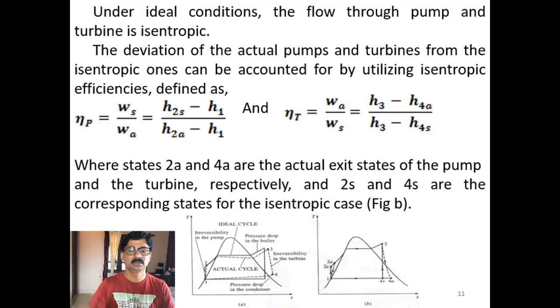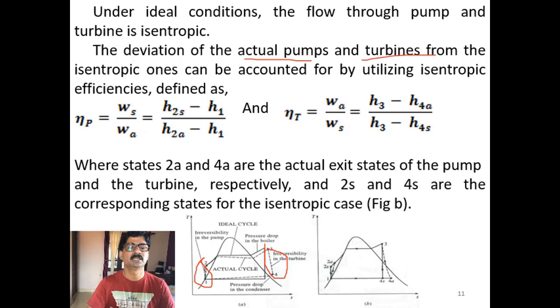Now also the irreversibilities in the turbine and the compressor lead to extra work input for the compressor and reduction in work output from the turbine. So compressor and turbine I'm not going to explain much, because I already explained this in the Brayton cycle, that second module. Because of irreversibility, the actual work input for the compressor increases, whereas in case of turbine the actual work output decreases. So the deviation of actual pump and turbine works, because of irreversibilities, is accounted for by the isentropic efficiencies.